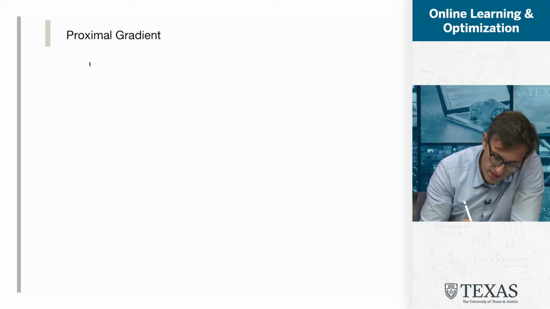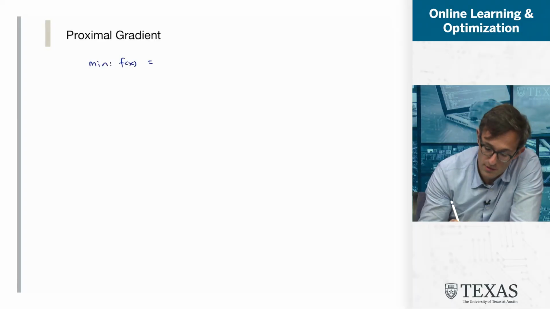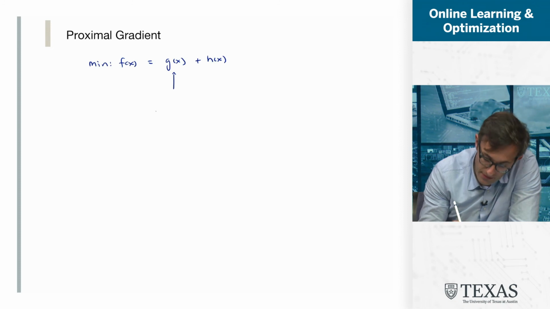Welcome back. We're talking about the proximal gradient algorithm, and we're going to derive rates of convergence for composite functions where our function is smooth or smooth and strongly convex. So to remind you of the setting, we're trying to minimize a function f of x, which is equal to the sum of two functions, g of x plus h of x, and we're assuming that g of x is beta smooth and possibly alpha strongly convex,